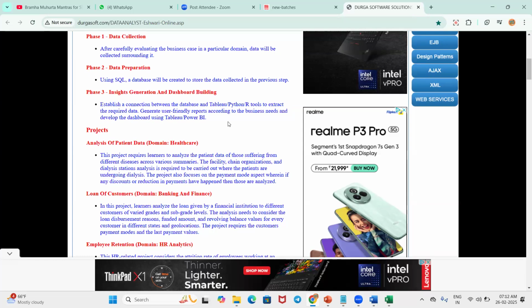Here, with the help of Tableau, Power BI, and also Python and R, these are the tools that will help create the graphs. One is with the Matplotlib library, and Seaborn, and here Tableau and also Power BI. Also we can do it manually with spreadsheet Excel. These tools can be integrated with ChatGPT. I'll show you that as well in the coming demo sessions, like from tomorrow, we can start learning those things.